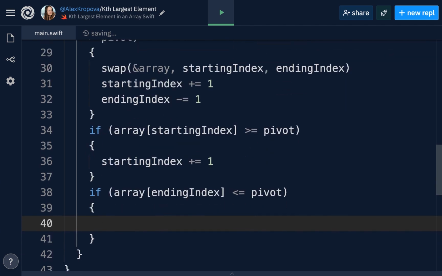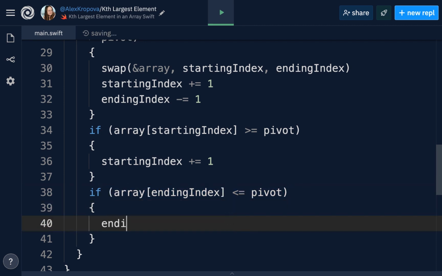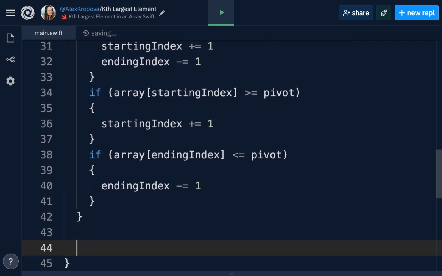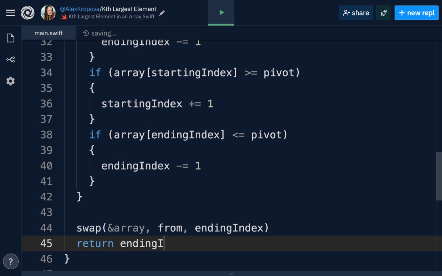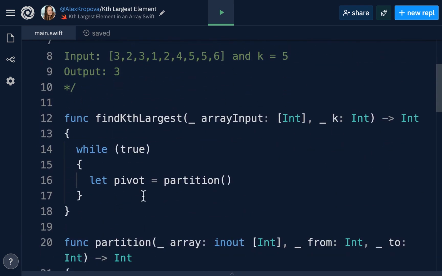That means we have a valid value before the pivot, and it means that we have to decrement the ending index by 1. And after this loop is performed, what we have to do is swap. We'll swap at the array from the from value to the ending index as the to value, and we'll return the ending index. And this is going to give us our partitioning here.